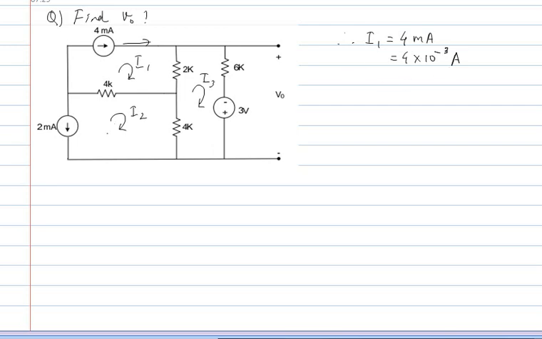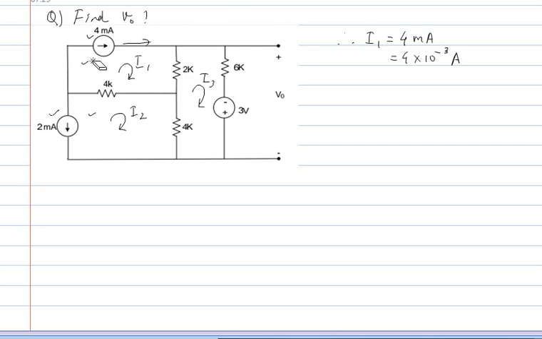Similarly, here if you see, I1 is in this direction and I2 is in this direction, while the 2 ampere current is in the opposite direction. That's the only difference. Otherwise, this mesh is going to always carry 2 milliamps current, but in the opposite direction. The 2 milliamps is not being shared between any two meshes. This particular current source belongs to only this mesh, just as the other one belonged to its mesh. That is very important. You should not forget that the problem becomes simple because the source is not shared by two meshes, but belongs to only one mesh.